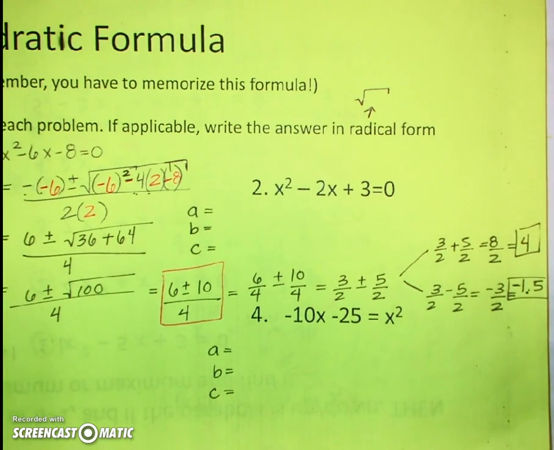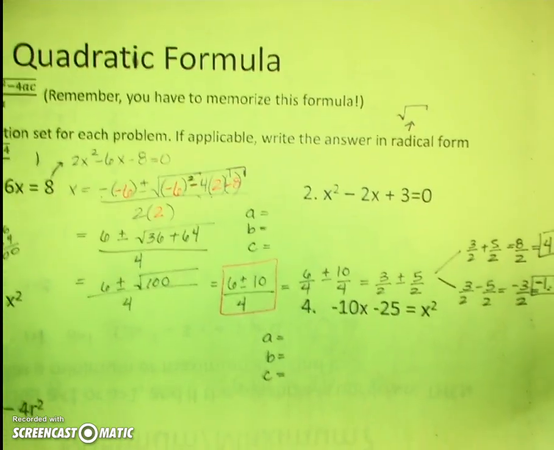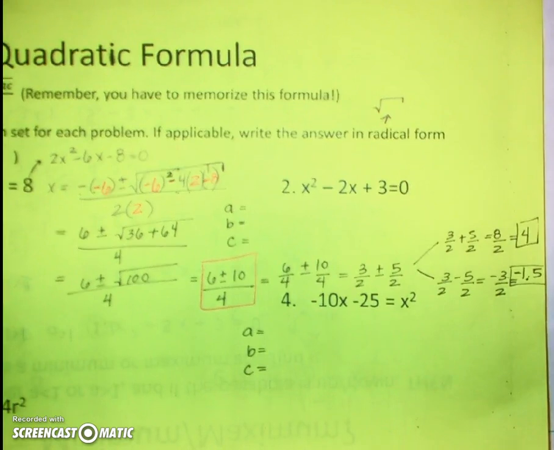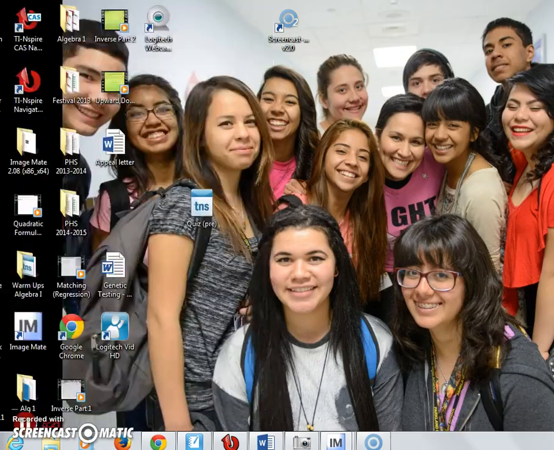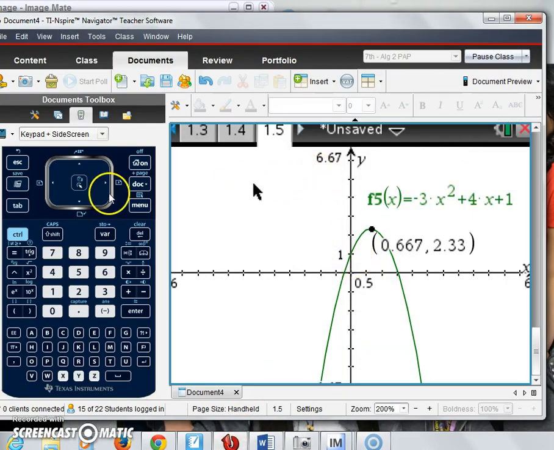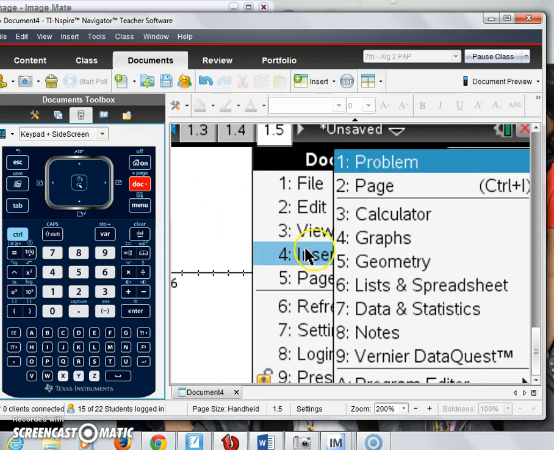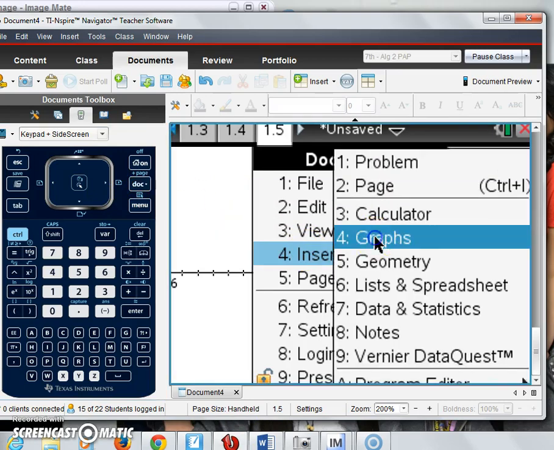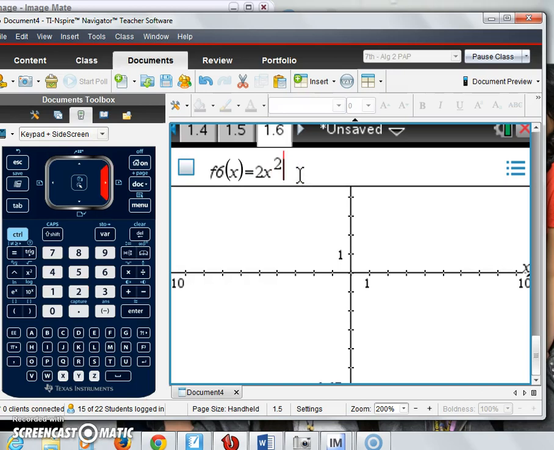So if I were to graph our original function, which was 2x squared minus 6x minus 8, I should get two x-intercepts at 4 and negative 1.5. So let's try that out really quickly and check our answer. I think I've shown you now that when you go to Document, Insert, you can add a calculator, graph page, list, and spreadsheet. So I'm going to say, okay, my original function was 2x squared minus 6x